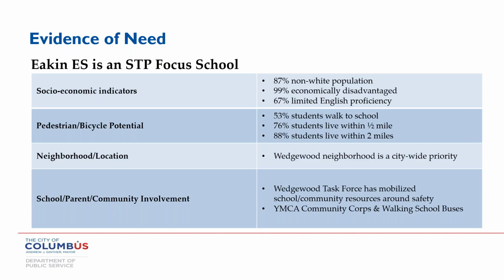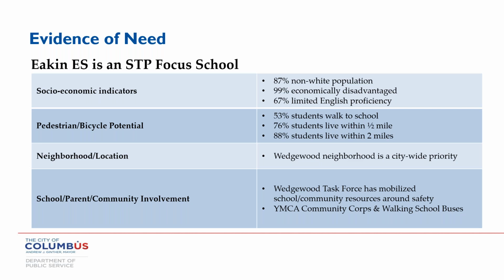One way that the City of Columbus tried to organize a school travel plan is focusing on where the highest need schools are, and then of those schools, where improving the ability for students to safely bike and walk to school would really get the most returns. One of the very highest priorities was prioritizing schools where a large percentage of students are already walking or biking to school, as well as those that have a high concentration of students living within the immediate area.